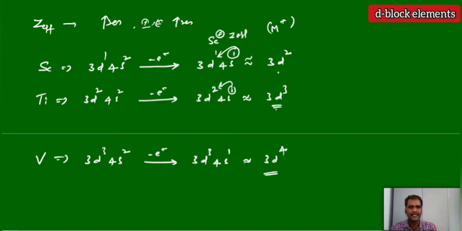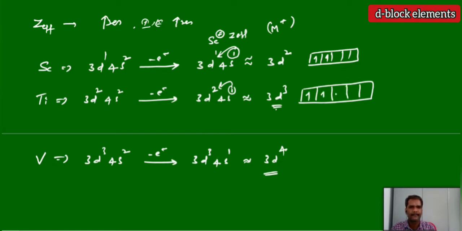Now if you see the exchange energies, the main factor influencing the stability here, we can explain based on the exchange energy. In case of 3d2 we have only 2 electrons. 2 electrons means we have less exchange energy here. Exchange energy has no significant value, it cannot stabilize this 3d2 configuration. But in case of 3d3, this is also not much significant, and we have 3 exchanges.